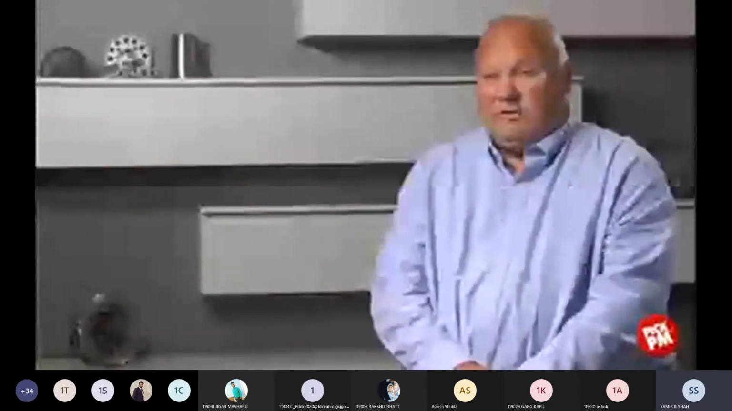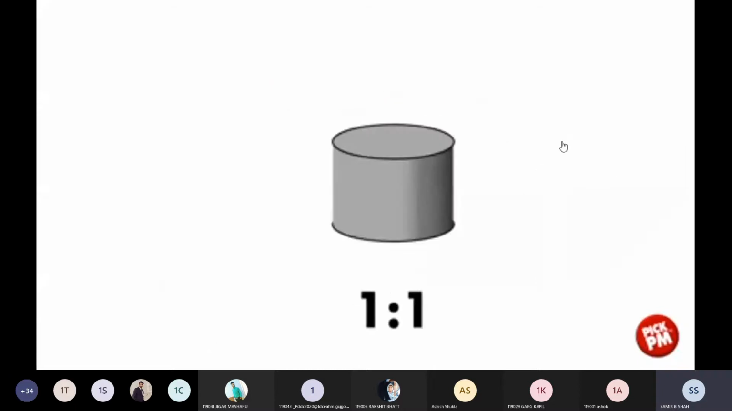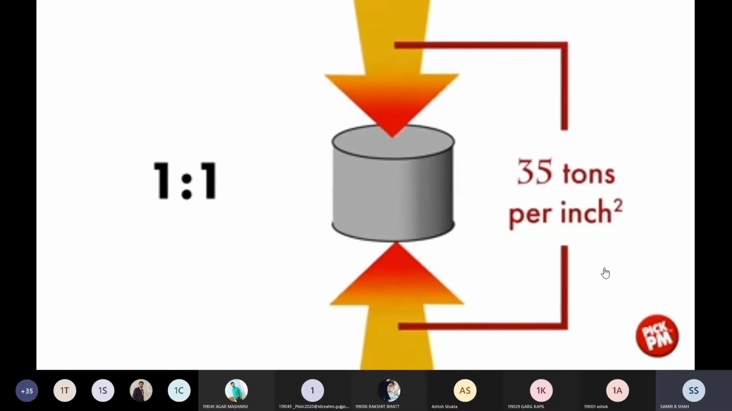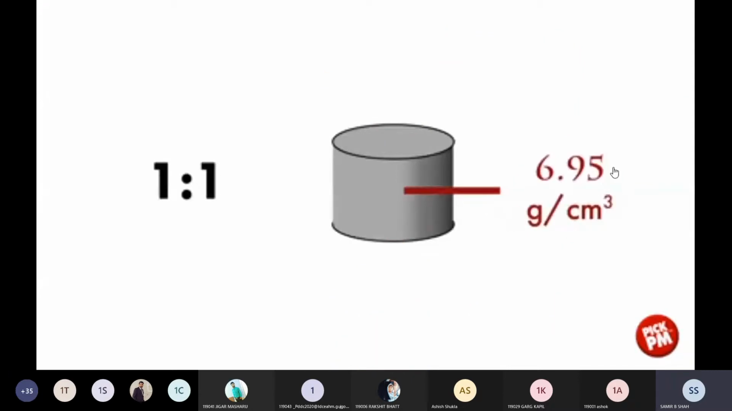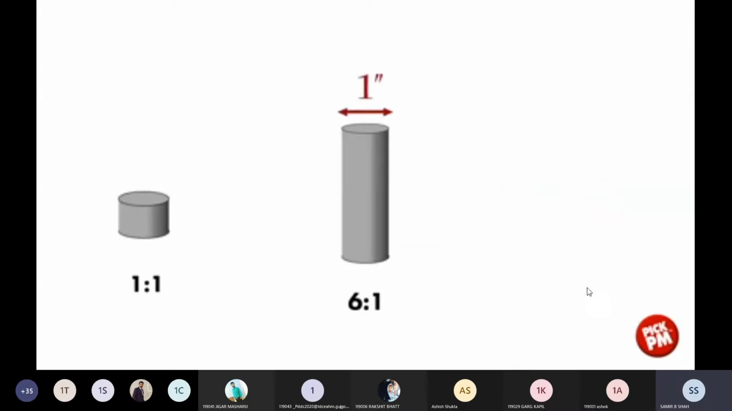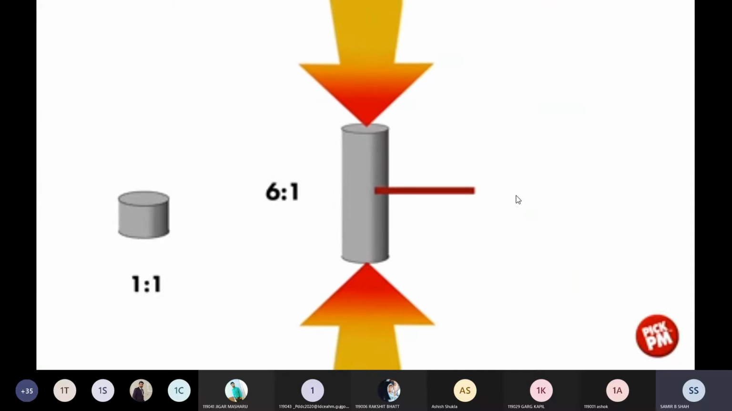If you look at this graphic, we see in the bottom left a 1-to-1 aspect ratio. That is a 1-inch diameter by 1-inch tall component. If we apply 35 tons per square inch to a typical iron powder, we'll achieve around a 6.95 gram per cubic centimeter density. If we take the same 1-inch diameter and make that 6 inches tall, we have a 6-to-1 aspect ratio. If we apply 35 tons per square inch to that component, we can achieve a 6.7 grams per